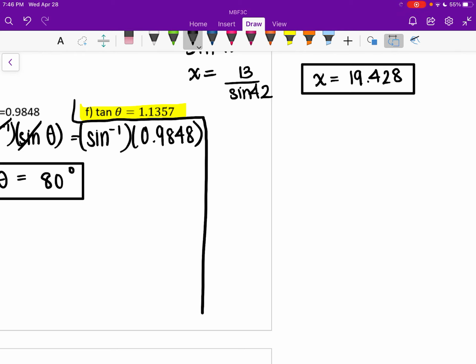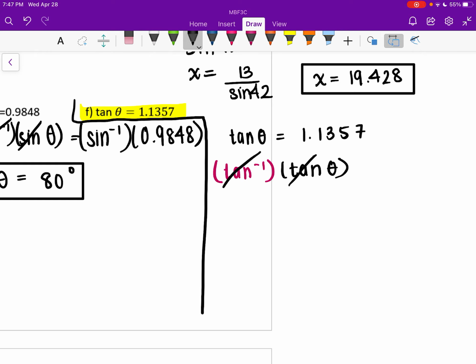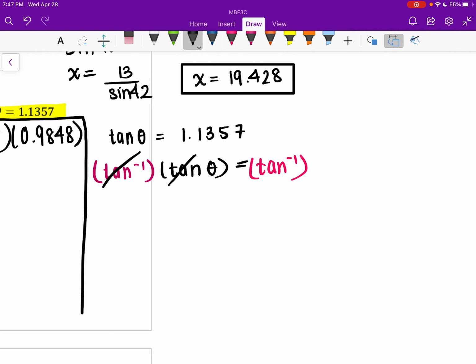All right, so we're going to take up tan, right? Same idea with tan theta. You're trying to find what that angle is. You can't just simply divide by tan. You need to do the opposite. So the opposite of tan is tan inverse, which is just tan to the -1, right? Times tan theta. That'll cancel that out. And then whatever you do to one side, you have to do to the other side. So it'll be tan inverse times our number of